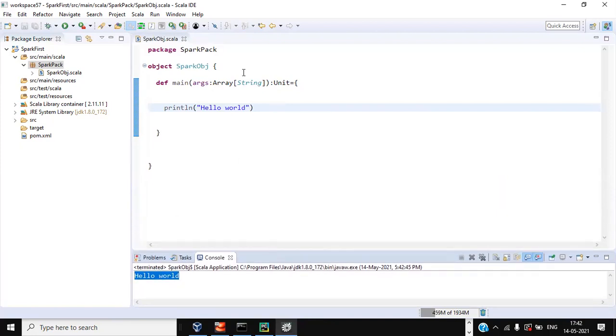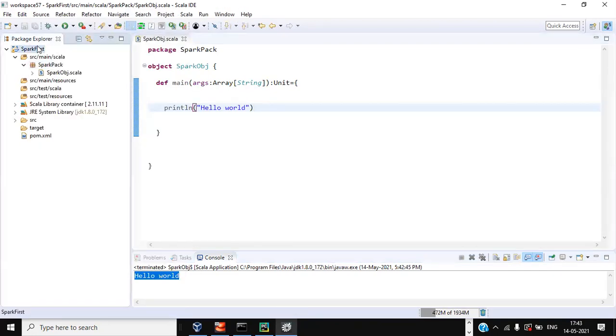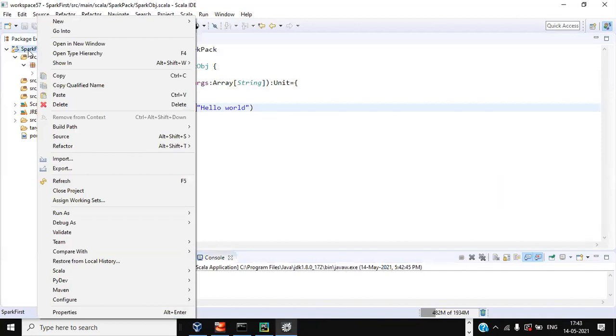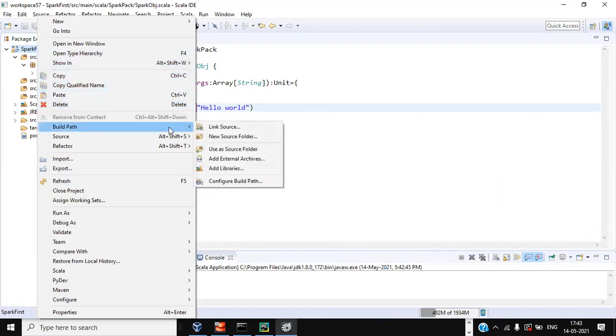Then you have to create your own job. To get the Spark environment, you need to add the jars. To add Spark jars, right click the project, Build Path, Configure Build Path.